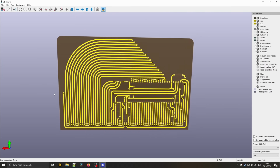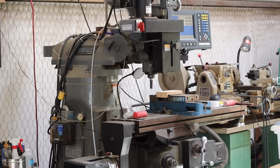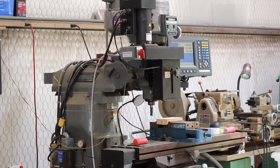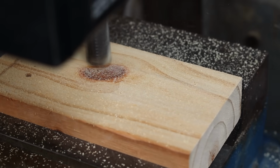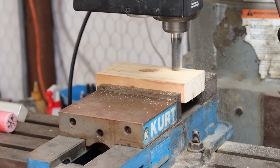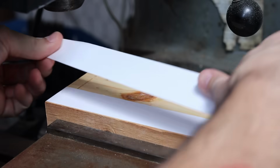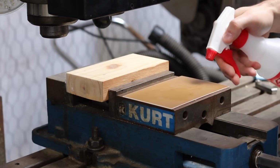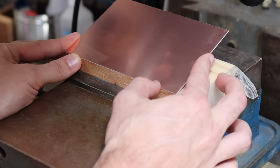I'm going to be machining my PCBs on this Bridgeport EasyTrack with an Accurite MillPower CNC conversion. It's massive and a bit like using a rocket launcher to hammer in a nail, but once I got the settings dialed in, it's such a treat to use. My first step is dropping in a 2x4 and flattening it off as a sacrificial layer. Once it's good and flat, I stick double-sided carpet tape to it. Then I spray the non-copper side of the PCB with alcohol to get it clean before sticking it to the